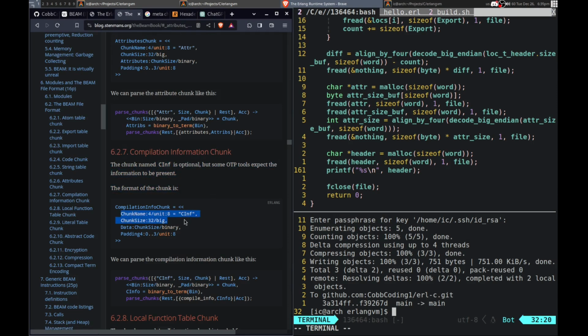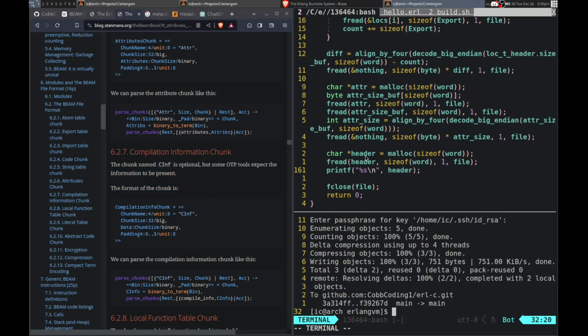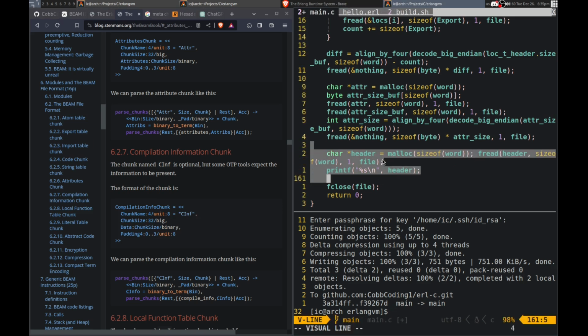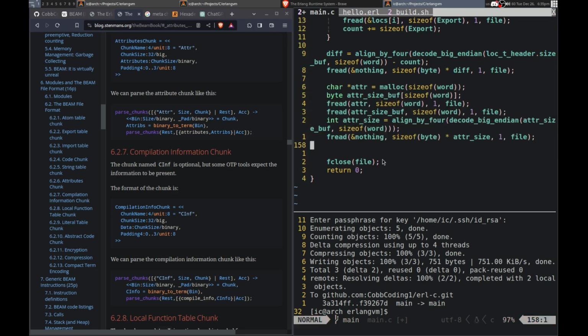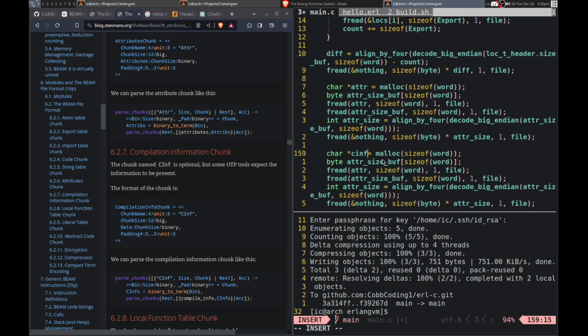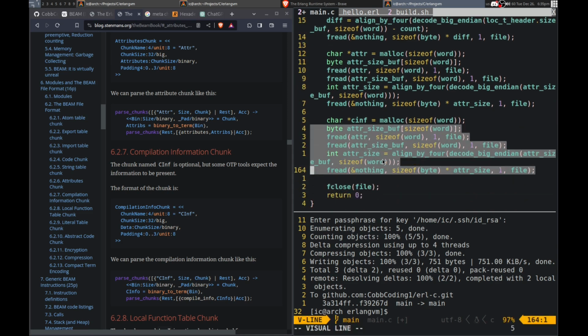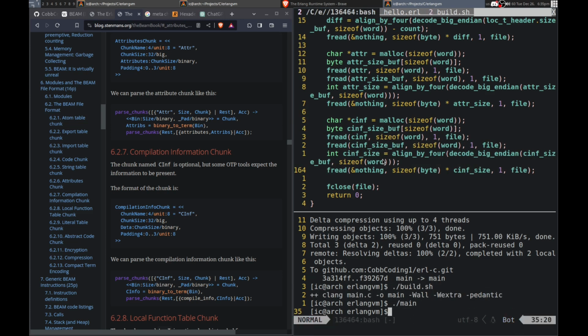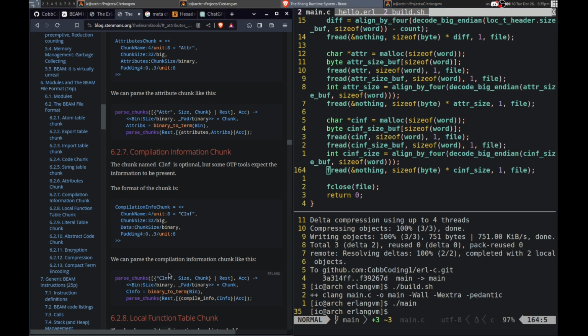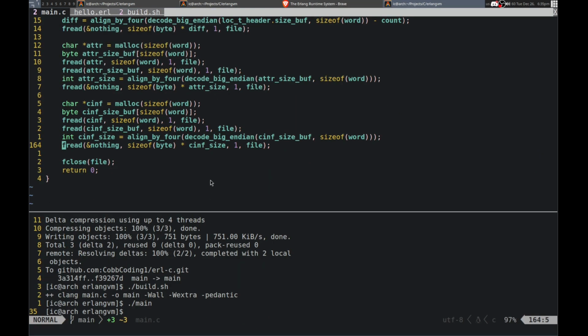Alright, so that has chunk name, chunk size. Alright, so it's the same thing basically. Same thing as this one. So, let's read it in the same way. I could just make a structure for it, which I probably should do, but I'm not going to do that yet. Let's see. Let me just actually clearly replace this. Oops. Nope, that's not what I want to do. Header with CA. Alright. Files. Alright, and that'll be the same thing. So that should be fine then.